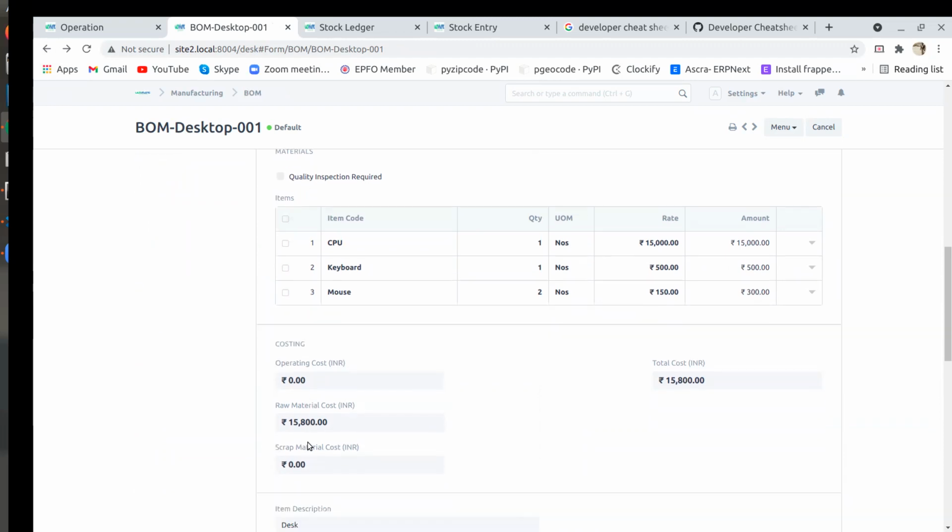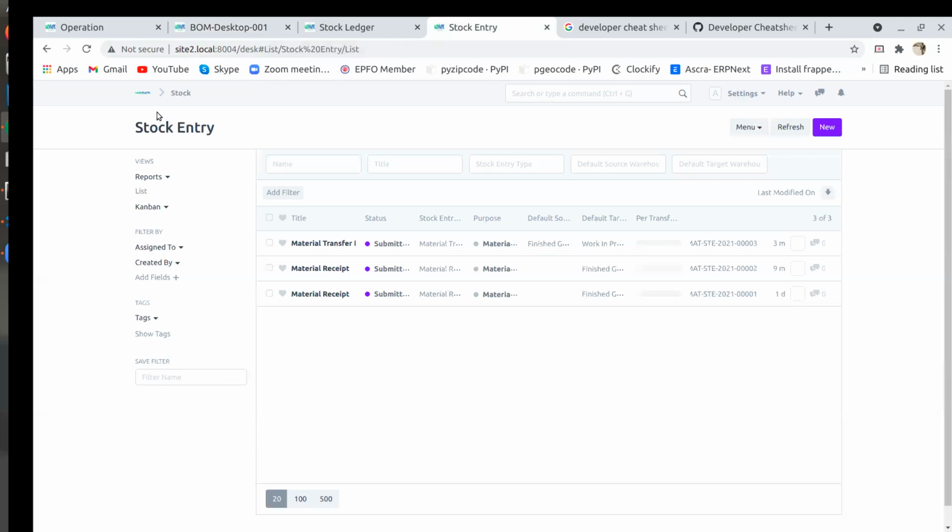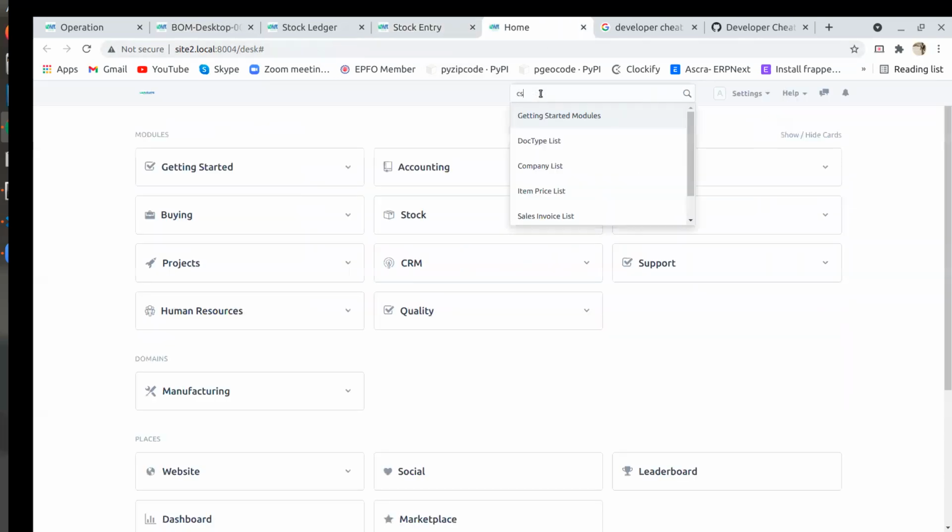Anyway, they will have a value for the operation cost, how much they are giving for the operations. They will give an amount for that. Instead of a read-only field, we can allow them to edit that. Means we'll create one field and tell it to fetch from that field. Yes, exactly. Or else maybe it is a read-only field, we can enable it for them, like we can make it an editable field. Can you do like that? Yeah, maybe it is possible. We can do it, no problem, because this is our customization. So we can go to customize form.